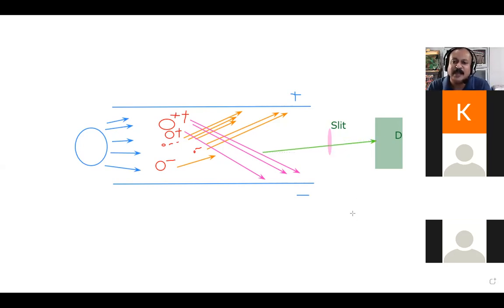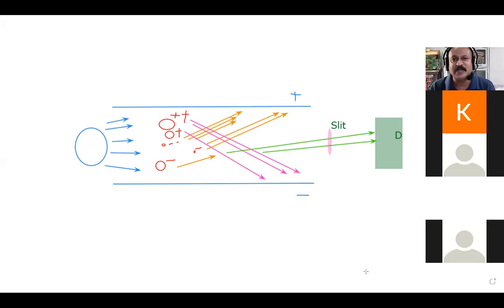Is it okay? And then when I still vary the voltage, after having collected these types of ions, I will probably target these ions and allow them, just a minute, allow these ions then to enter into the slit and go to the detector. Okay, I hope you can follow this particular type of representation.